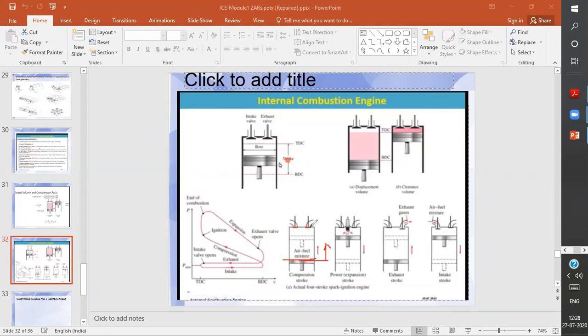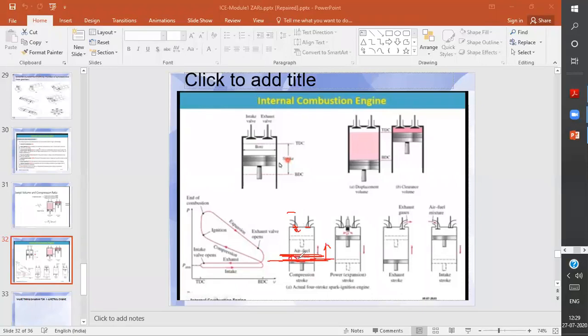But what we are doing, we are not closing the inlet valve, though the compression stroke has started. When the piston moves from this point to just till this point, a little bit it has moved up, then also we are keeping the inlet valve open, which was open in the suction stroke. We are not closing it as soon as it has reached the bottom dead center. We are closing it a little bit later, when the piston has moved up from here to here.